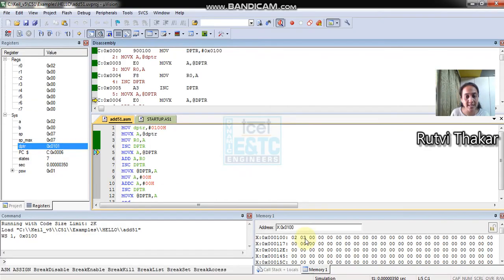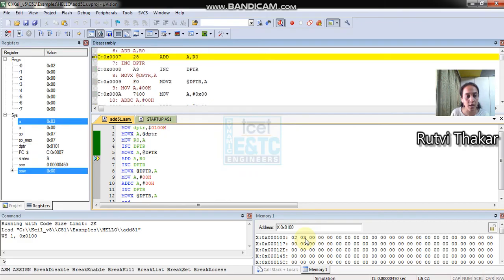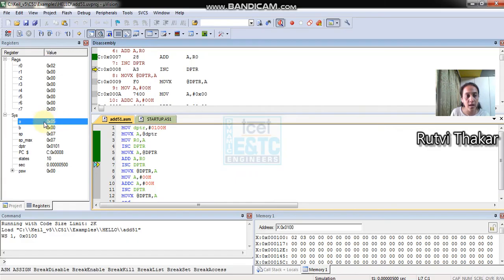Now whatever the data is in 0101 will be moved to the accumulator. That is 3, which is moved to the accumulator. Addition is done and the answer is stored in the accumulator. So 05 is the answer that we are expecting and it is stored. I am moving this answer into the incremented location of DPTR, that is 0102. Observe the DPTR value is 0102. The answer 05 is stored.